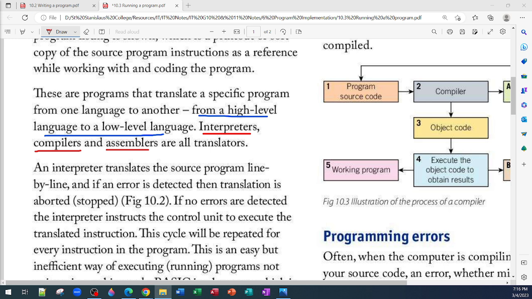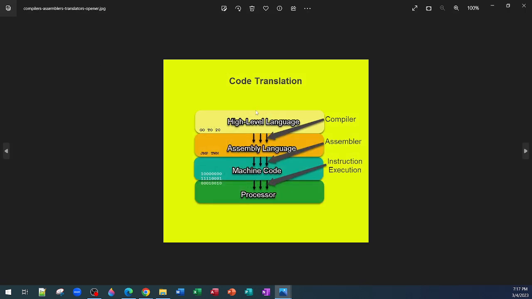Wait a minute. See, yes, I know I sent it. I sent this image here also. So